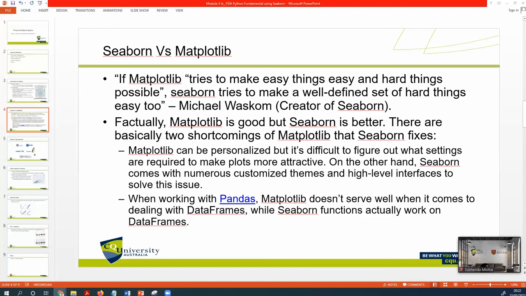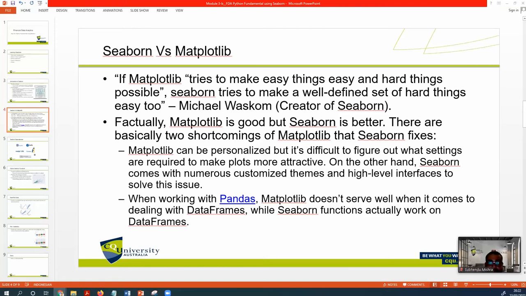And then, factually, Matplotlib is good, but Seaborn is better. There are basically two shortcomings of Matplotlib that Seaborn has already fixed. First, Matplotlib can be personalized, but it is difficult to figure out what settings are required to make plots more attractive.